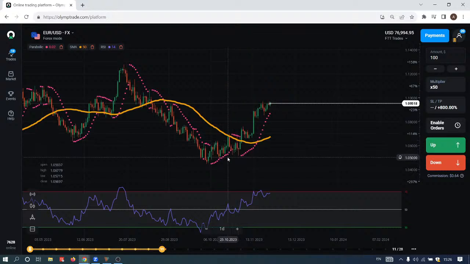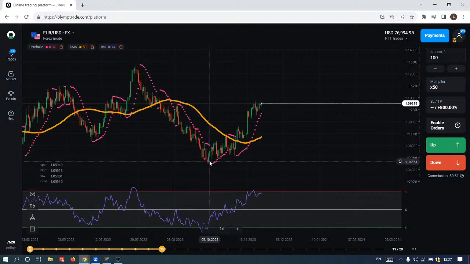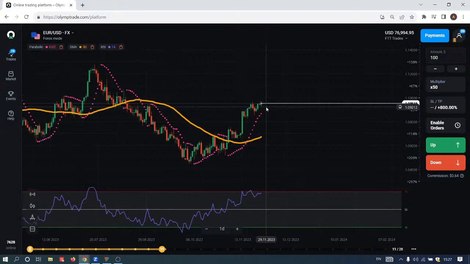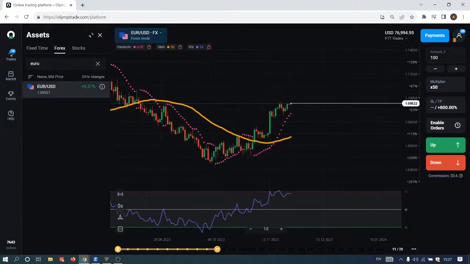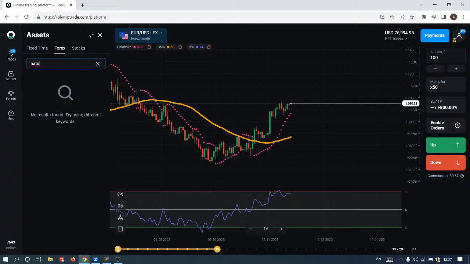And despite this current growth phase on the euro since pretty much the beginning of October, Europe is not really having their best times. Look, Germany is getting deindustrialized at a rapid pace. Energy costs are 5 to 10 times higher than they were a few years back. So if you look at natural gas prices,